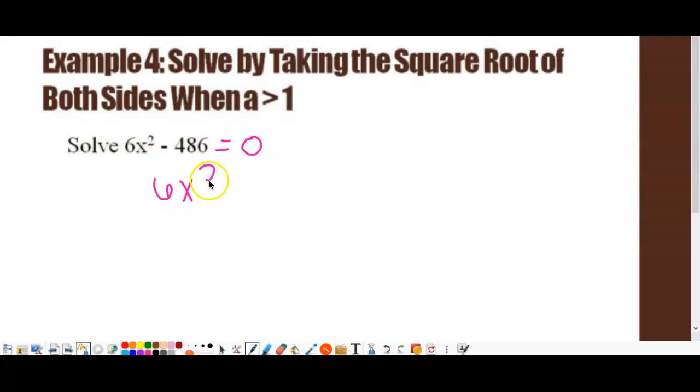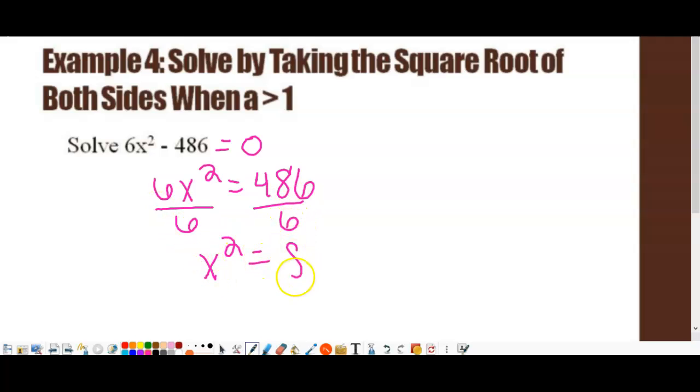So you'd say 6x squared equals 486 because you'd add it to the other side. Divide both sides by 6. And then the square root of 81 is 9, or